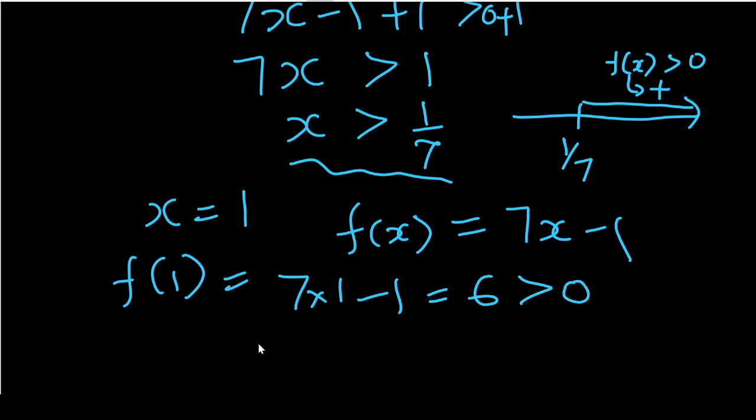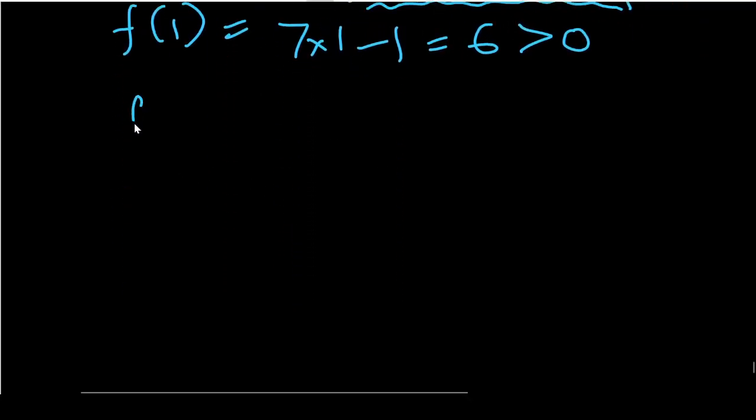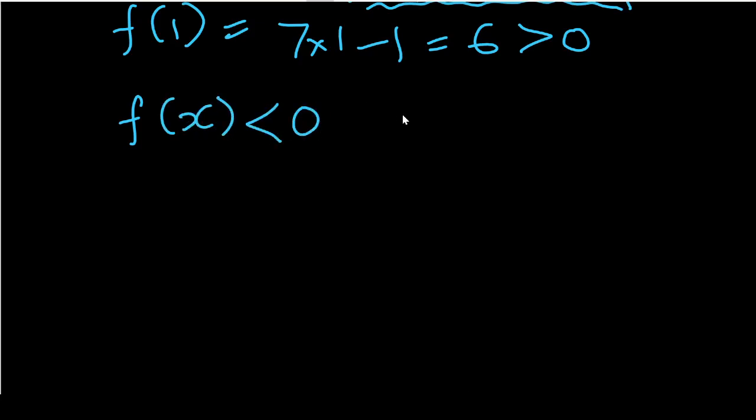So the plus sign means the expression f(x), the linear polynomial value which it attains for various values of x, is positive. In other words, if we substitute values greater than 1 by 7 in f(x), we will get f(x) to be positive, which is denoted by this plus sign. So similarly, for f(x) lesser than 0,